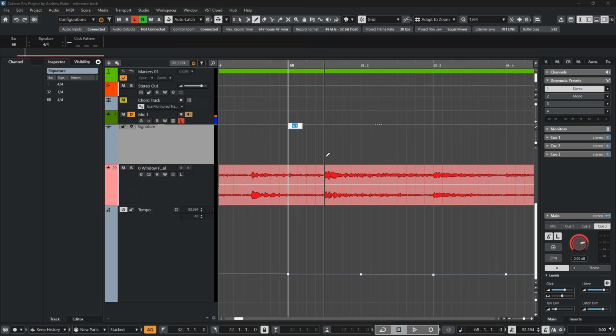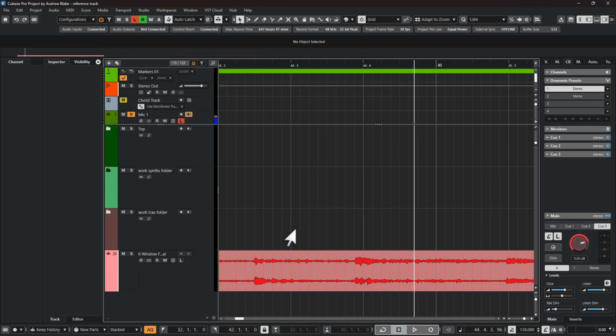In order to use this project tempo detection effectively, we have to write a signature in telling us where this main downbeat is. But if I click in this area, Cubase writes the signature over at the beginning of the bar. Again, there's various ways you could try to move things around, but personally, what I'm going to do is